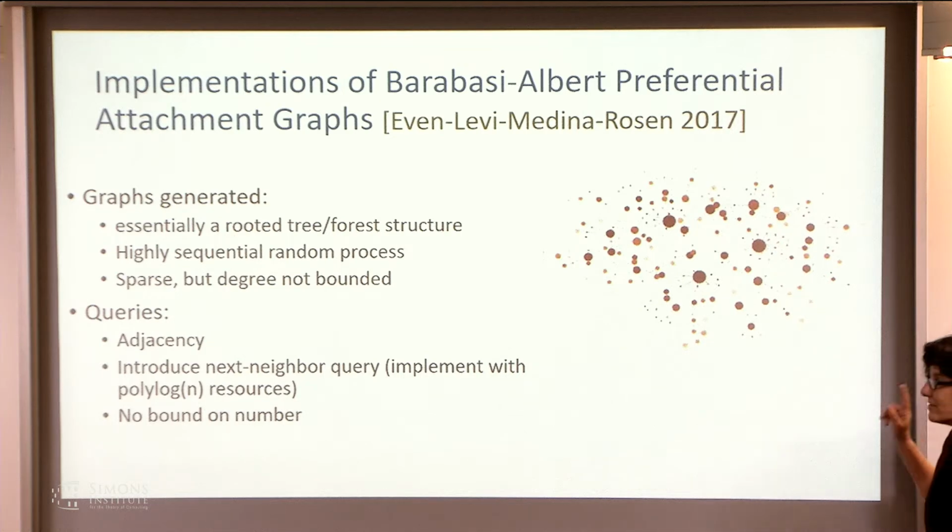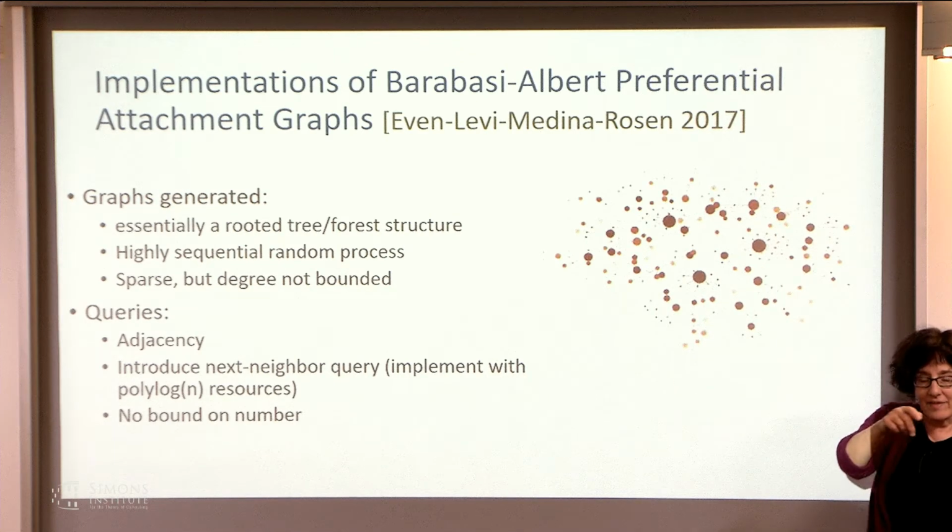They provide adjacency. They cannot provide all neighbor because the degree is unbounded, but they do provide something called next neighbor. Okay, so I've looked down the adjacency list of node I, and I've gotten up to a certain point, and I want to know what's the next neighbor. So they've implemented that type of query, and they give no bound on the number. So if you ask for enough locations, they'll eventually generate the whole graph. But what's very interesting about this is that